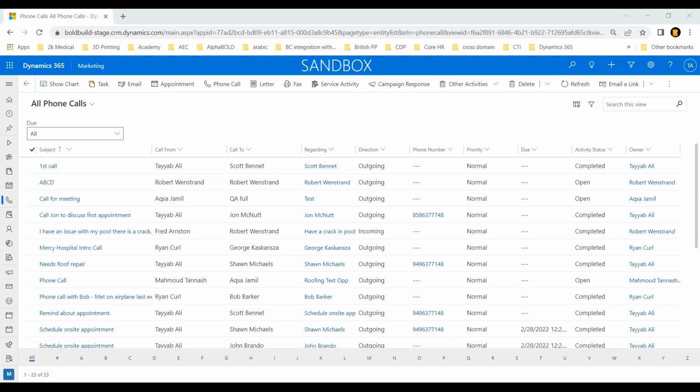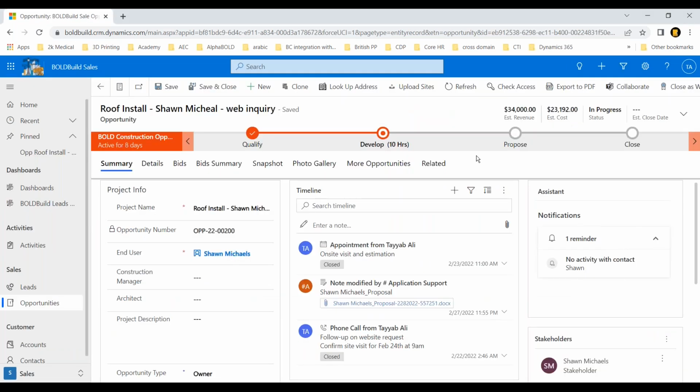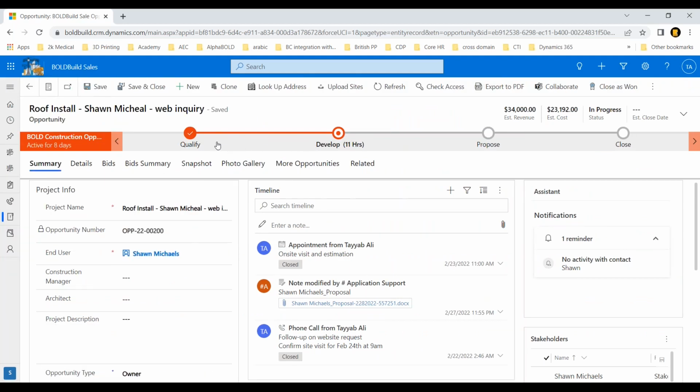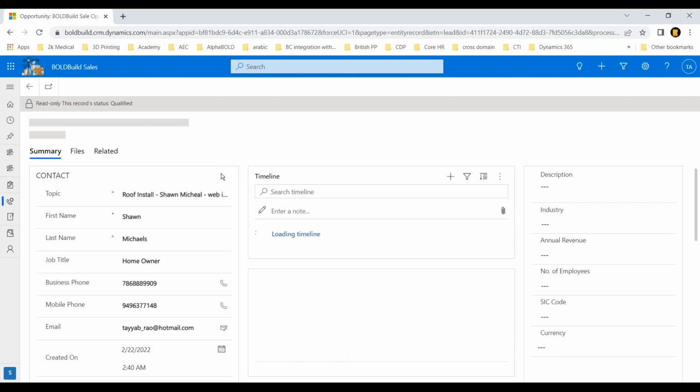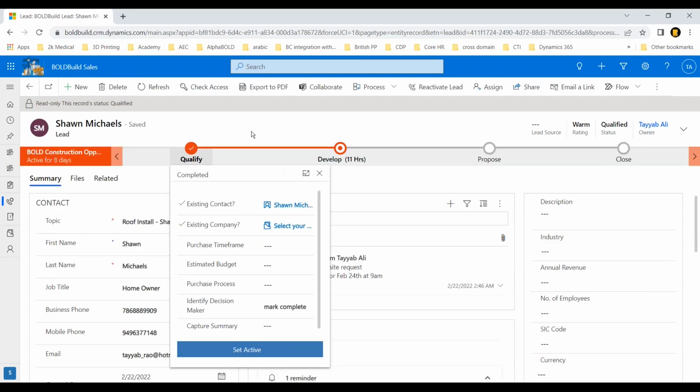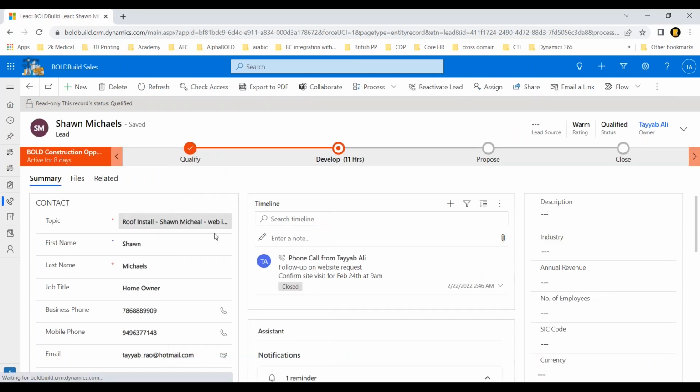Awesome. So what I'm going to do now is, you see this is the marketing app. So Nick is going to be our salesperson. So I'm going to showcase to you his view. So this is what Nick sees in his system. So you can see it's called sales. And you will see in here that I have made progress on this, but I have all the details that were captured through Shawn. So you can see that a phone call was made.